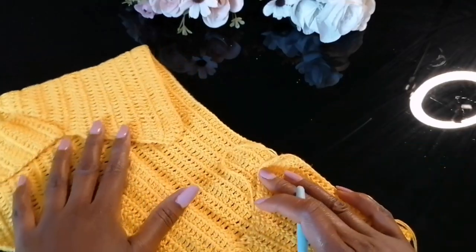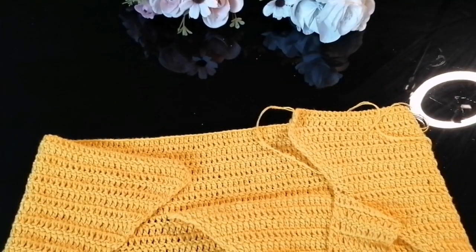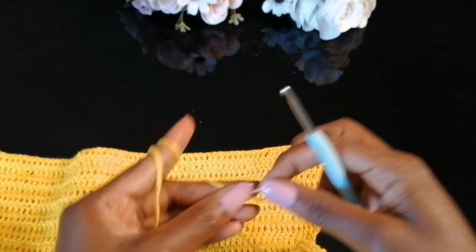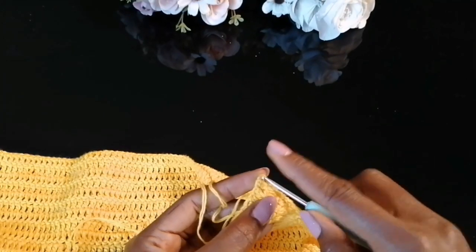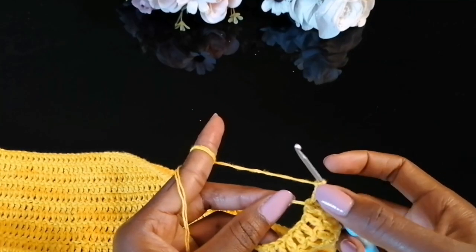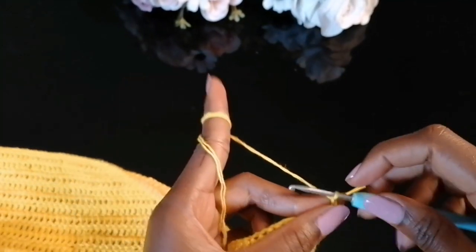So the next thing is to start working on this lower part, and we're going to make front post, back post. So now let's make the down part. Make a slip knot so that you can attach your yarn on one side of your work. So insert your hook inside the first double crochet and then pull the yarn and chain 3. So this chain 3 counts as your first double crochet,